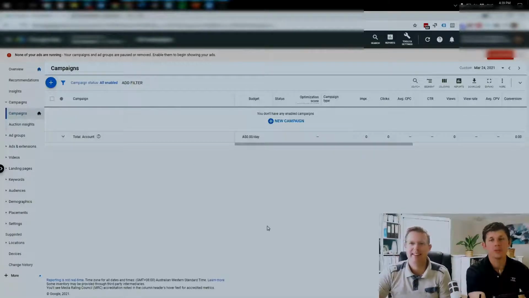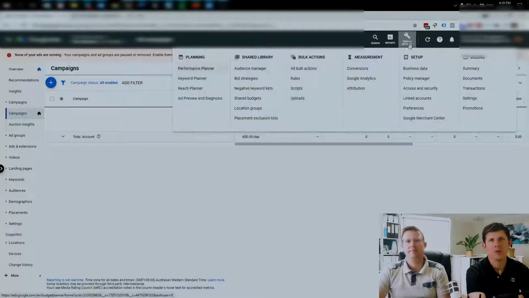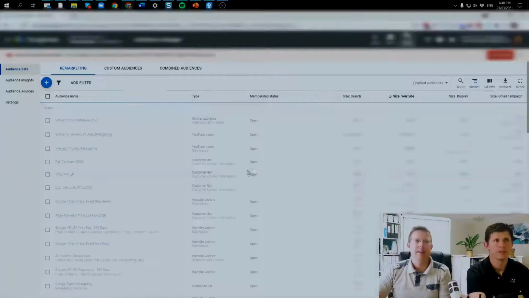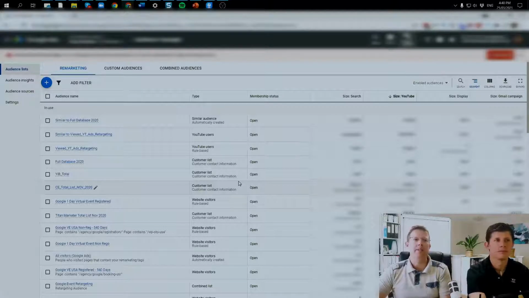So the first thing, guys, once you come into your Google Ads dashboard, you want to come up here and hit Tools and Settings. Once you hit Tools and Settings, you come to your Shared Library column, and then you hit Audience Manager. So hang on, before you go in there, that's where all your audiences live. So if you want to create any particular audiences, that's where you're going to go do it. Now inside of here, guys, is where all the different audiences that you can create, and even Google will create some for you. So there's lots of different audiences inside of here that you'll get access to.